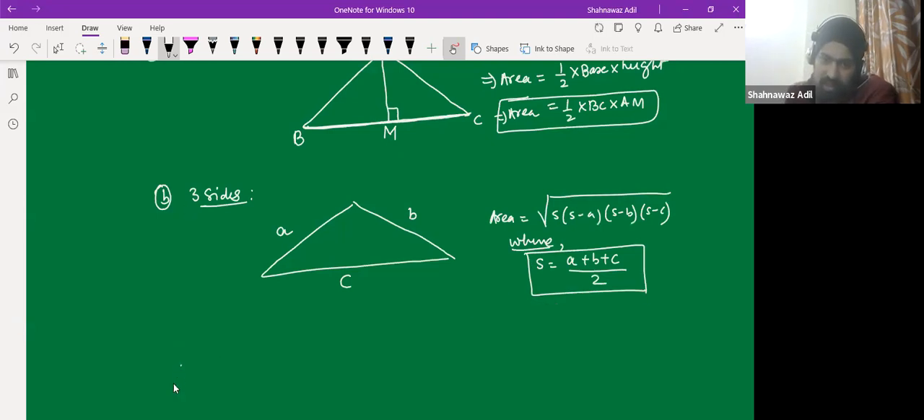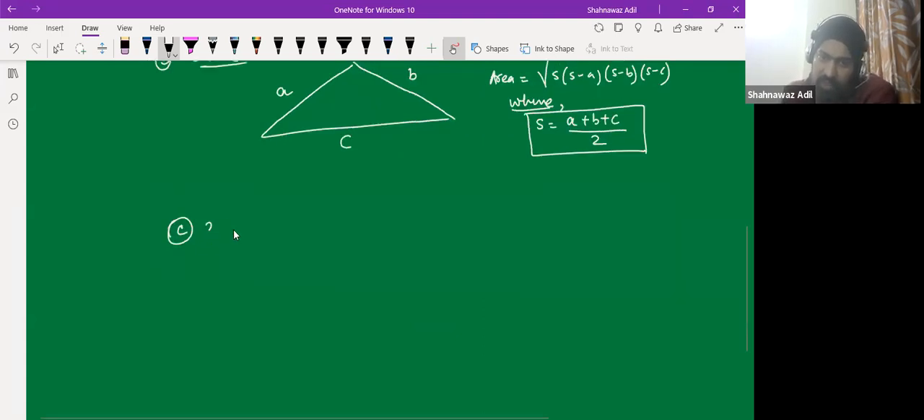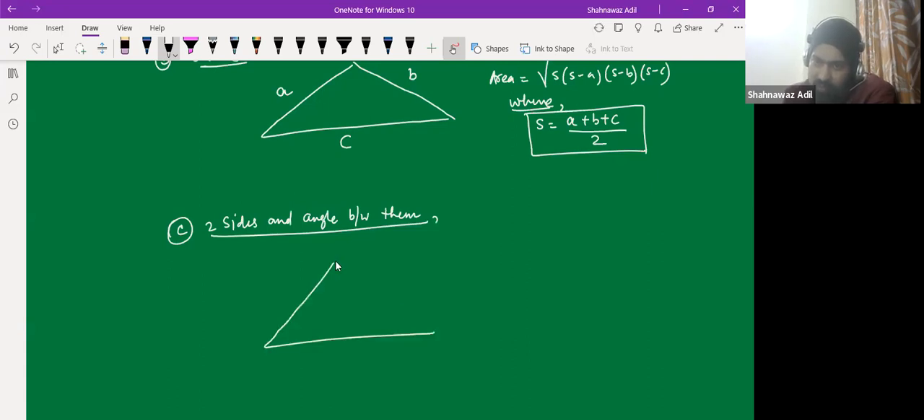The third scenario is two sides and the angle. Right. So what is this case? So we have a triangle, right? And we are given